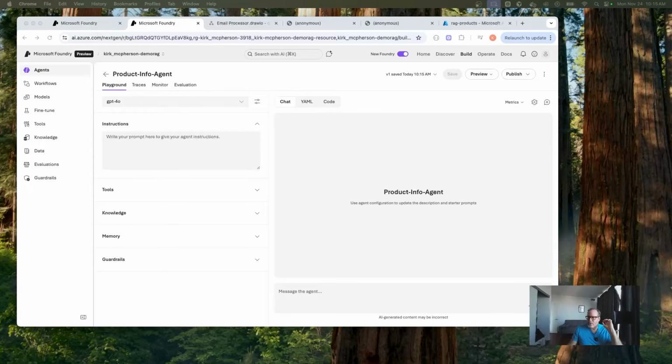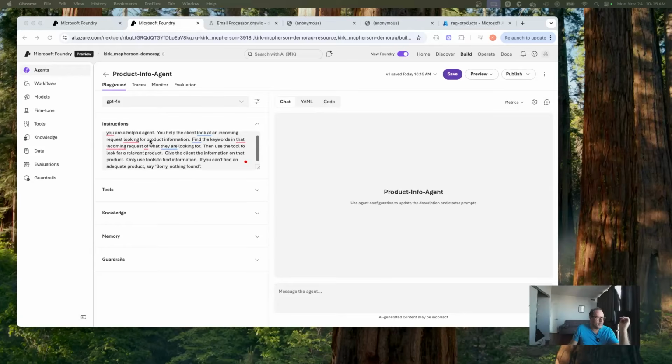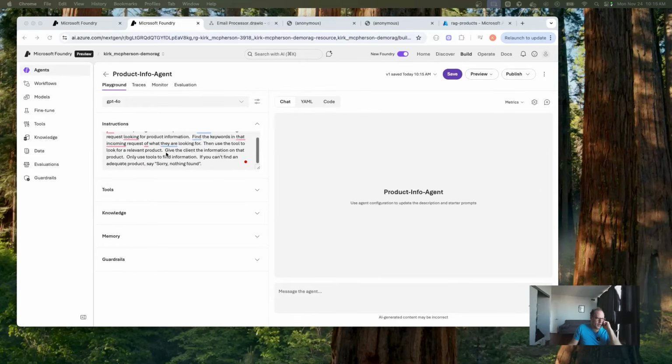I do have some prompt text here. Let's look at this. You're a helpful agent. You look at the incoming message, requests for product information. Find keywords in that incoming request and what they are looking for. Then use a tool to look up the product and give the client information on that product. If you can't find an adequate product, say, sorry, nothing found. So pretty much we're just going to look in the RAG, and if you can't find it in the RAG, say, sorry, nothing found. So let's attach our knowledge base,